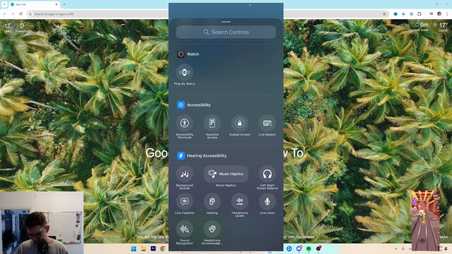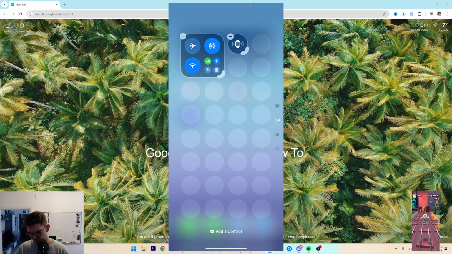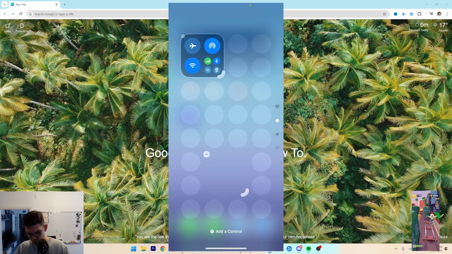Let's say I want to add this as a feature. I want to ping my Apple Watch. I can again resize it, move it to wherever I want,